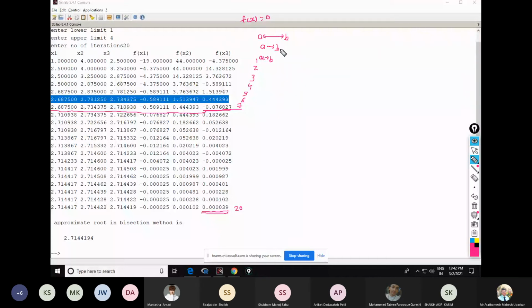3 से लेके 1.5 किया, फिर उसके बाद कितना किया? 0.75 किया, उसके बाद 0.75 का भी आधा करेंगे, उसके बाद उसका आधा करेंगे, and you can see that the value is matching up to 3 decimal places. Or here it is 4 decimal places, you can say. Here the value is not matching at the decimal level.